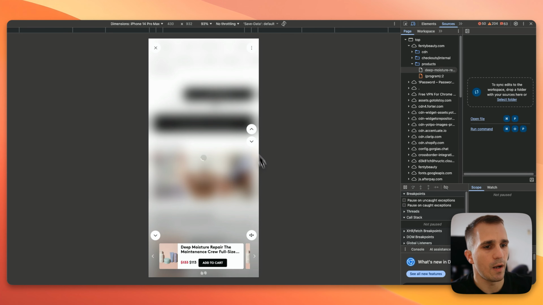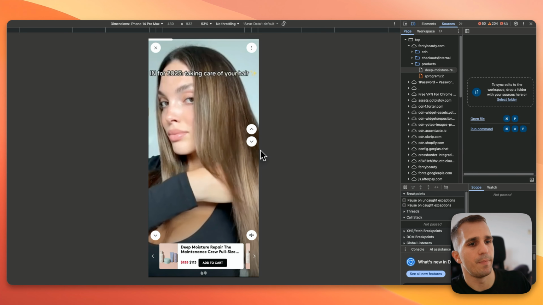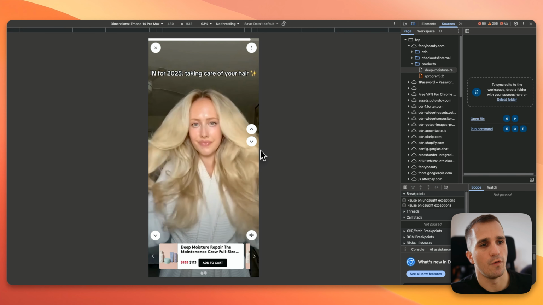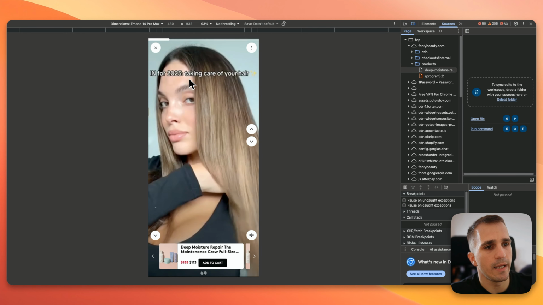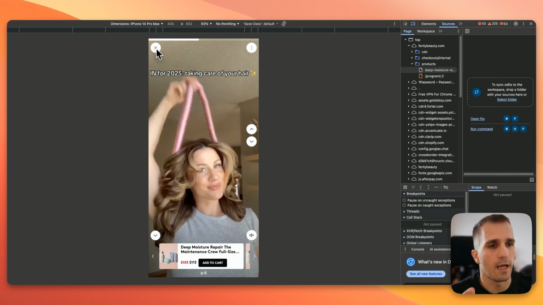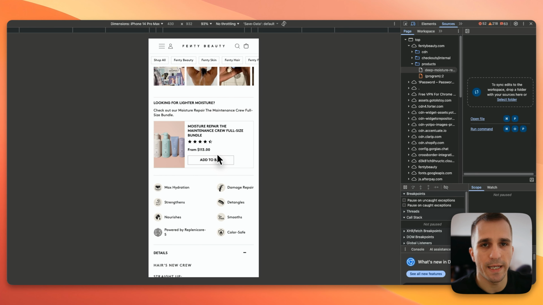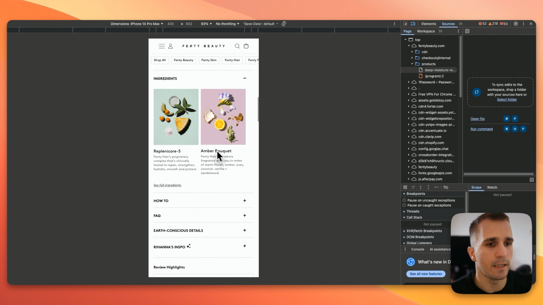So when you click on this one, you see how it looks like. You see some people just using it. This is a combination of different UGCs, and that's how they get to show the social proof in the above default section. Next thing that we have here is that when you scroll just a little bit down here,